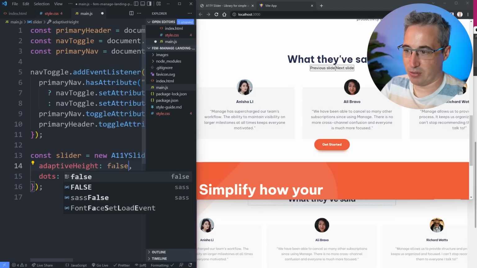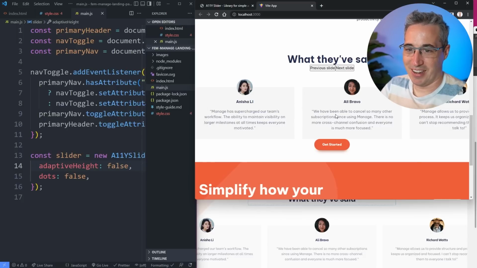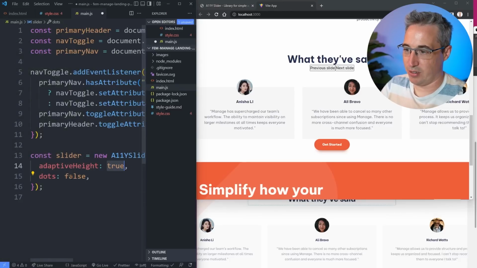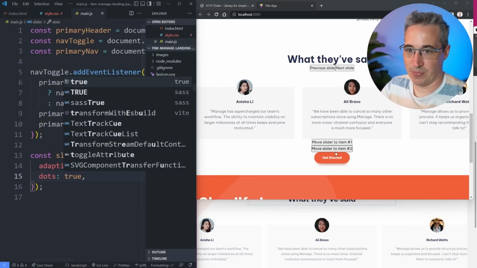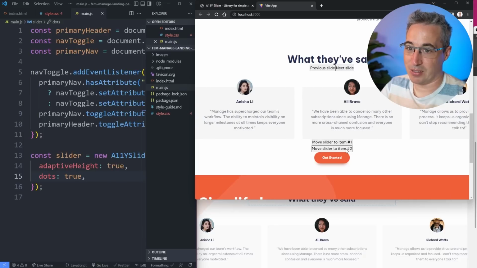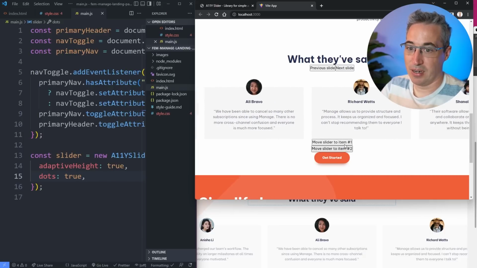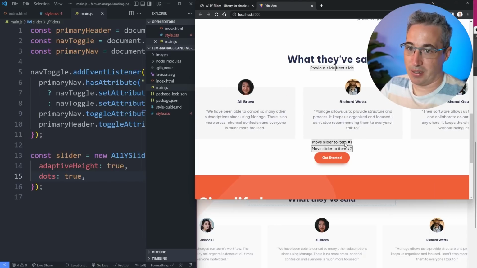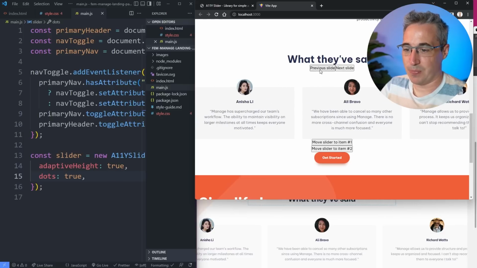What if I put this to false just for fun? I don't see a difference. So here dots, let's undo that. Let's just put this option to true and just see what it gives us. Aha, so there's the dots. We actually have to style the dots ourselves. That's interesting. I thought we'd have a little bit more done, but that's okay. We're gonna go steal from the examples that they're giving us. The other thing, so if I go to next,